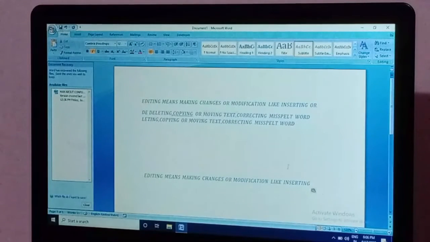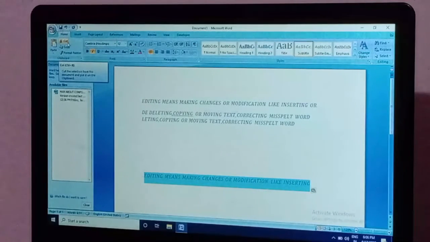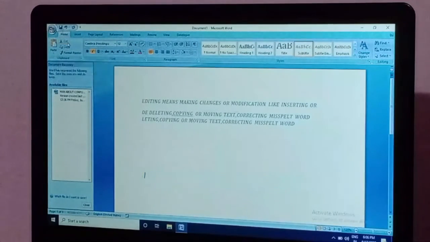The second option is copying. Suppose this sentence is already here, but I do not want the same sentence here. You just select all of the sentence and go to the cut option. This whole sentence is cut.